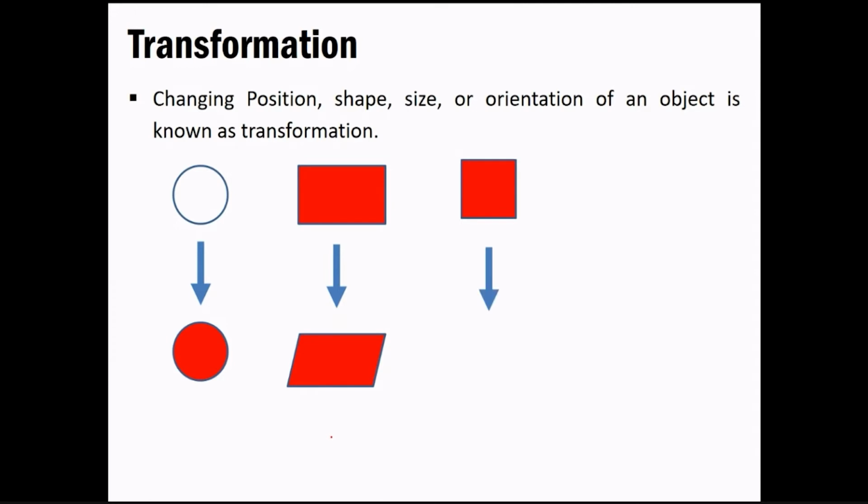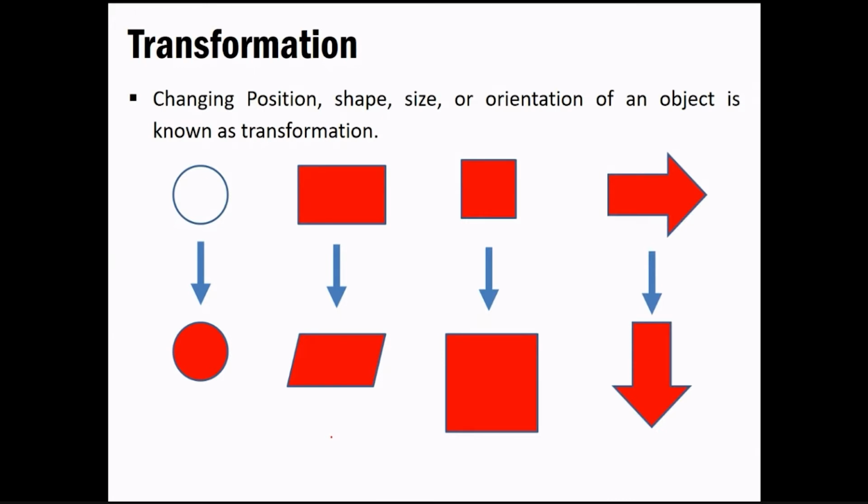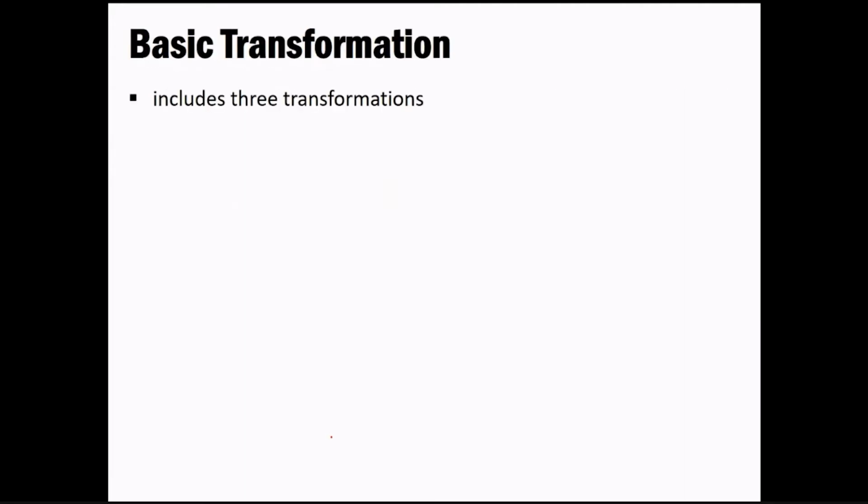Okay, and then simply, you can scale it up or scale it down. And similarly, rotation can be performed. So in simple terms you can just change its orientation. Okay, so transformations include three such transformations we have in CG. The very first thing that we have is translation, another thing is rotation, and the last thing that we have is scaling. So be with me in the entire lecture, because we'll try to see each and everything in detail, and we'll also see one example with each.